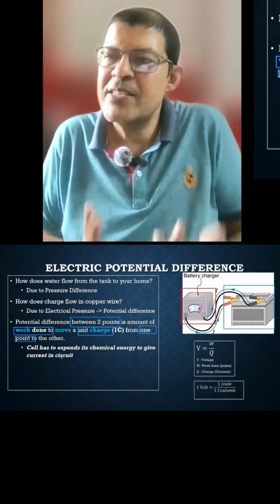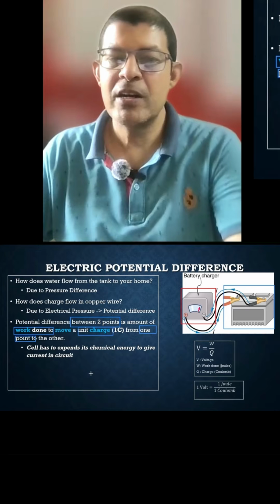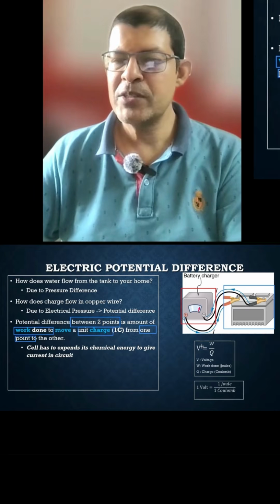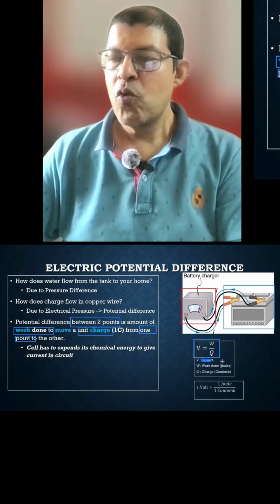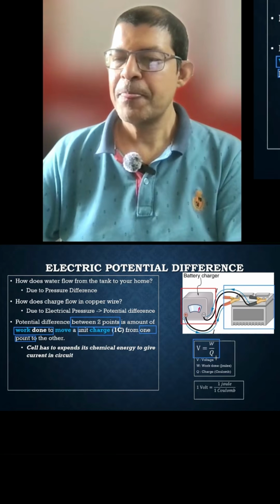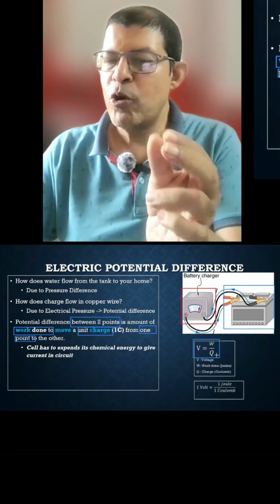The cell expends its chemical energy to give current into the circuit. And how is it measured? It is measured by work done by charge. And if you want to